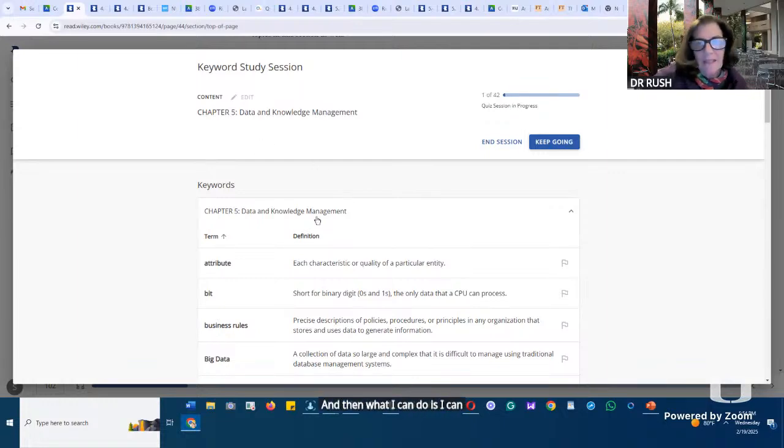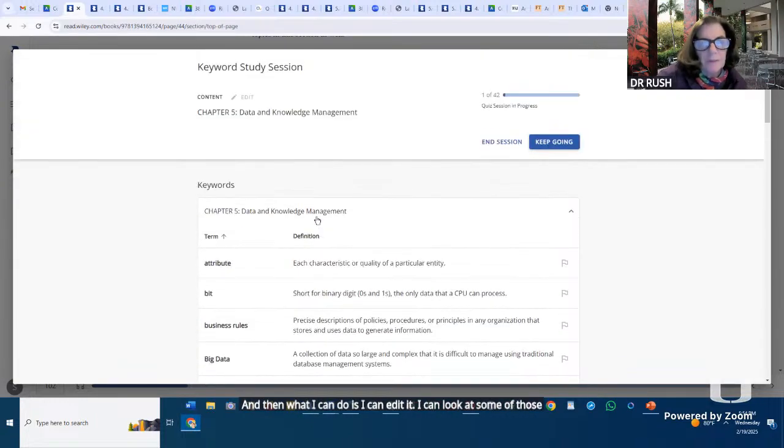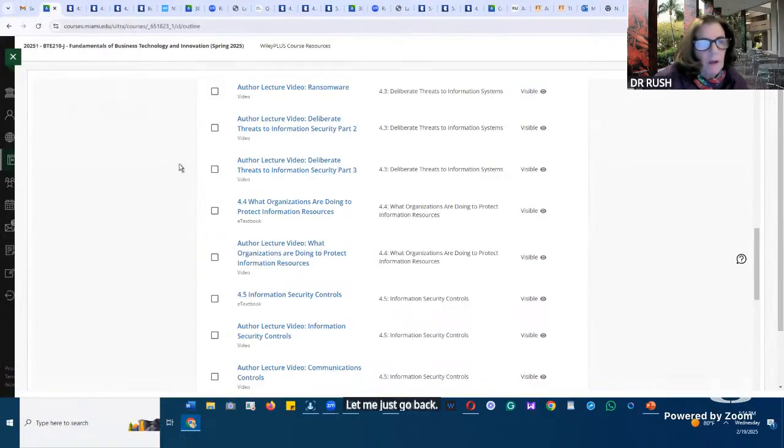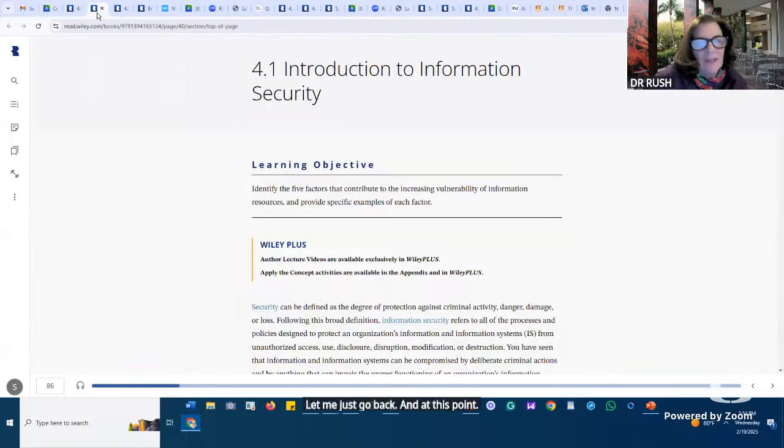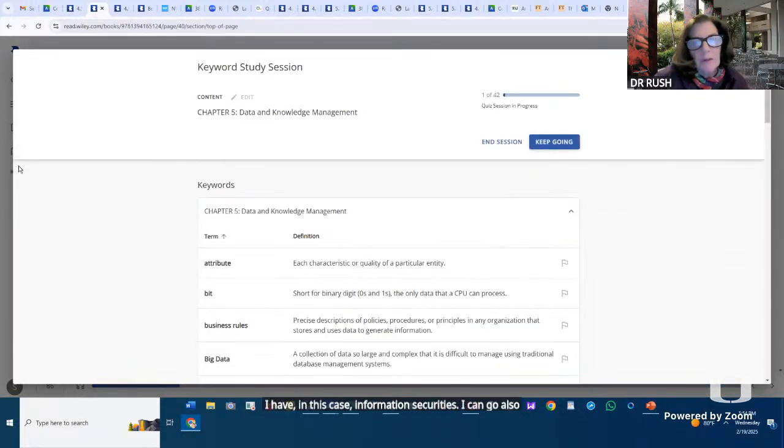I can look at some of those keywords. Let me just go back. At this point, I have in this case information security. I can go also to my keywords, I can see my content, and then I can edit it. I can end my session.